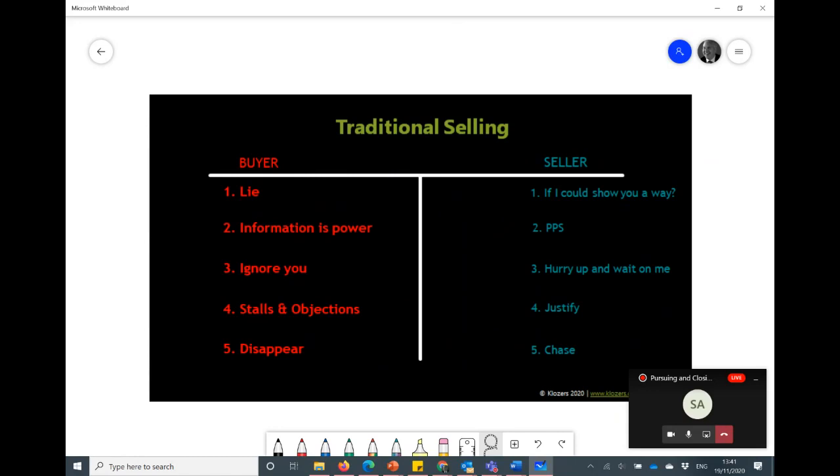Nearly every one of us, I would venture, has at some stage walked into a shop at the weekend to purchase something. The assistant comes up and says, "Hi, can I help you at all?" And we lied and said, "No thanks, I'm just browsing." We lie to protect ourselves, it's a natural human condition. It's nothing to be critical of the buyer, right? It just means that we've not spent that time to build true rapport.